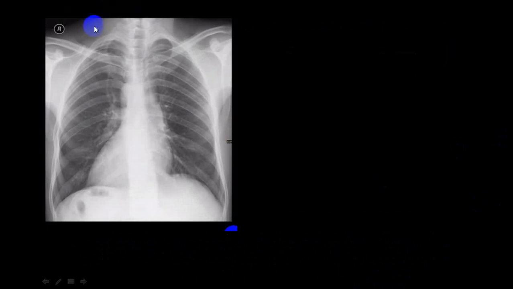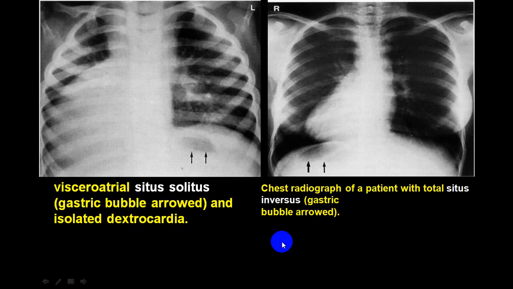Now, even in a person who has got a dextrocardia, you can see this is right. So this is apex. So you will have to measure. This is not right atrial enlargement. This is not right side enlargement. So try to interpret that properly. Again, you can see this. Heart is on the right side, but this is not cardiomegaly.